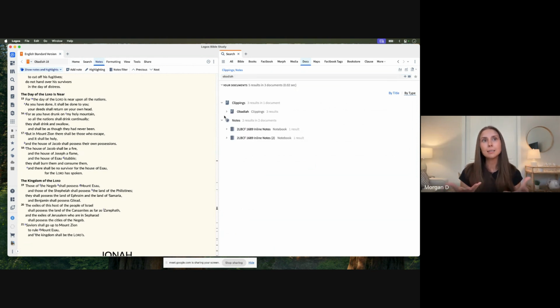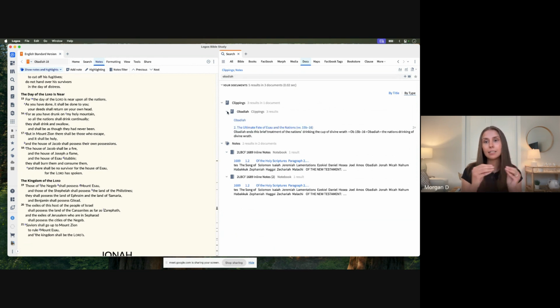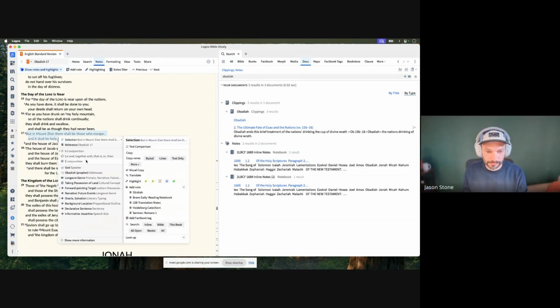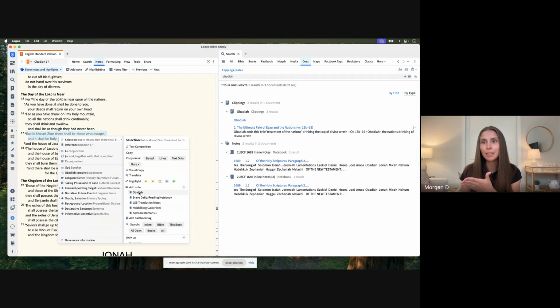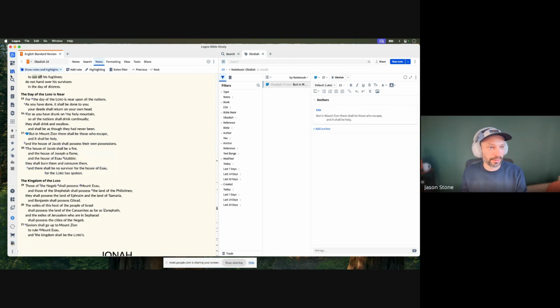I seem to be using it where I'm not writing my own personal notes or thoughts. I'm taking selections and I'm wanting to save those selections under a heading or under a notebook. That's kind of why I was gravitating towards clippings, because it's very easy to take all of those selections, but I could just be doing the same thing. Yeah, totally. You could be doing the same thing.